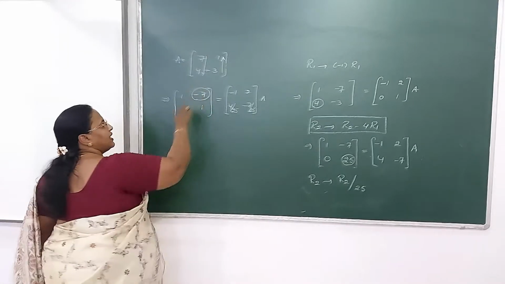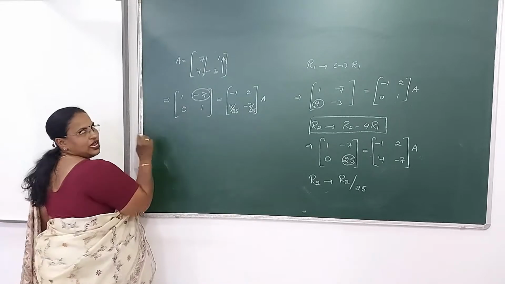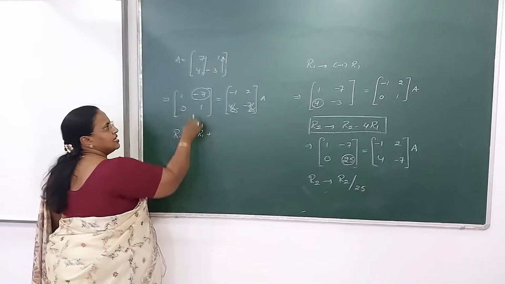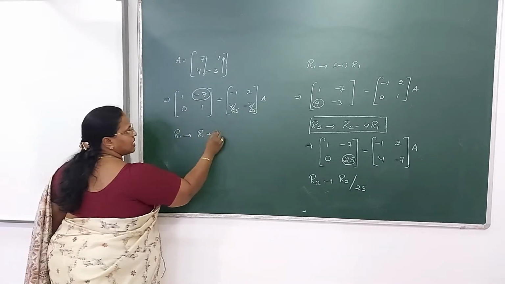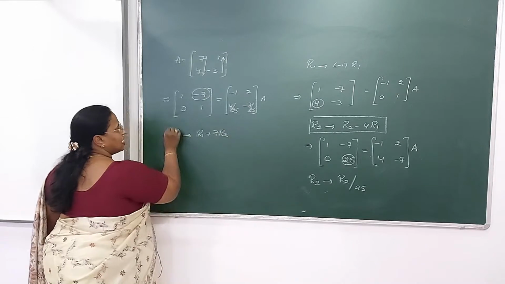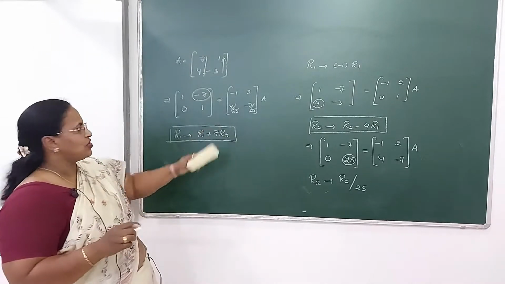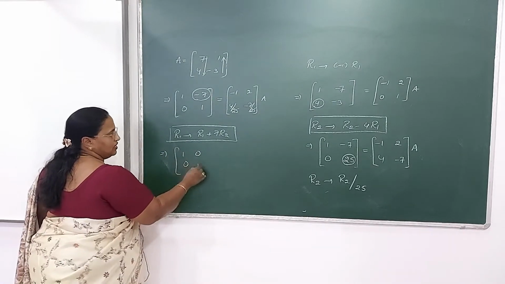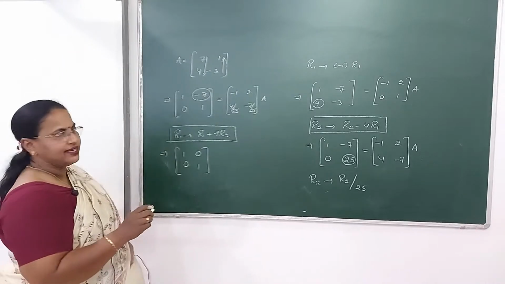You have to get this position as 0. So for that you will be taking the help of the diagonal element. So R1 replaced by R1 plus, since it is minus, you will be adding plus 7 times R2. So this is the last operation. Now calculate it properly. On the right side, that is most important. So the left side will be 1 0 0 1. So see this, finally we got the matrix in identity here.